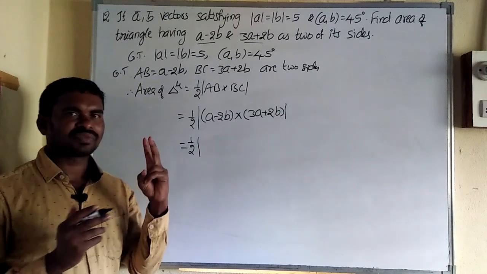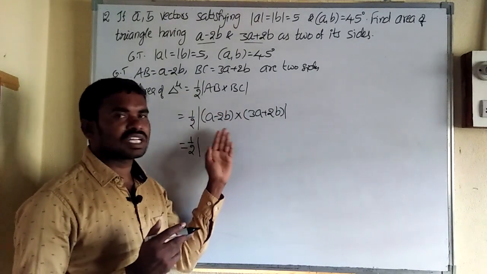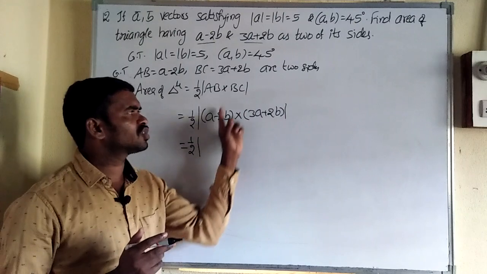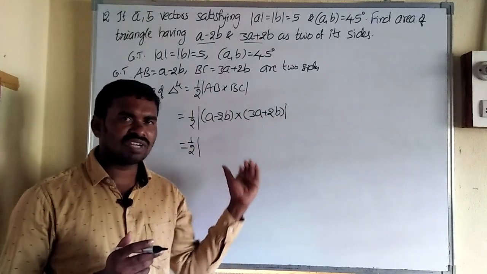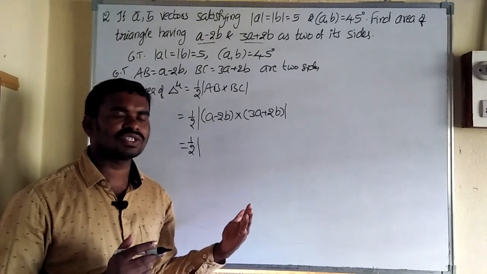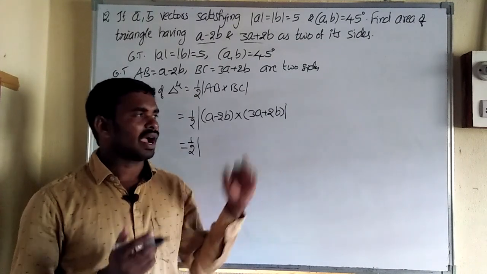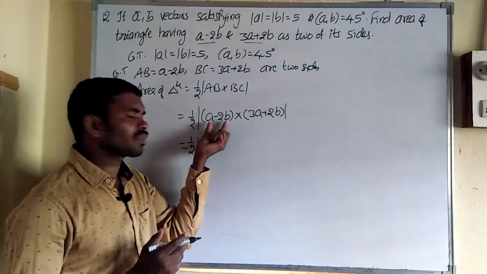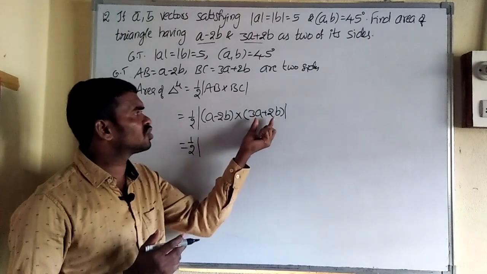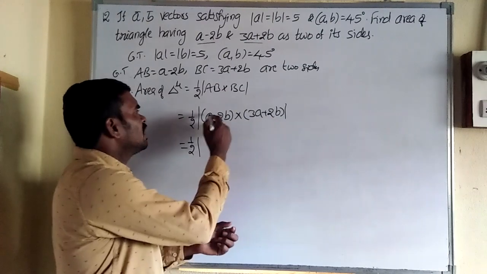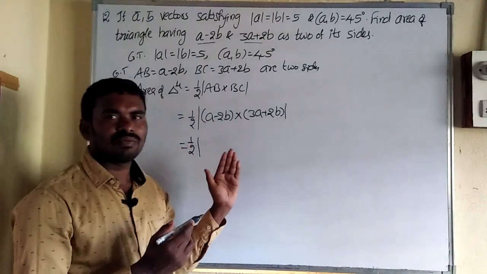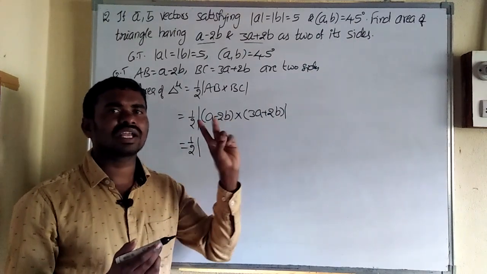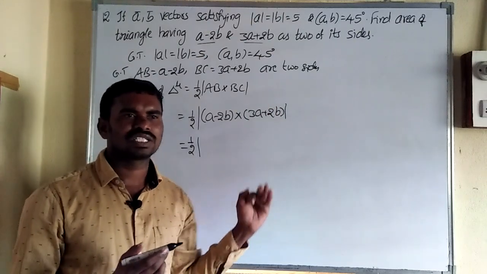Actually we have two methods. One is direct cross multiplication: a cross 3a, a cross 2b, and minus 2b cross 3a, minus 2b cross 2b. That is the original method. But always we use the determinant property. Am I right? I, j, k, a elements and b coefficients. But here we have only two elements in this vector, a and b only. So we can't apply that. Only for three dimensions can we apply I, j, k or a, b, c with first vector elements and second vector elements.